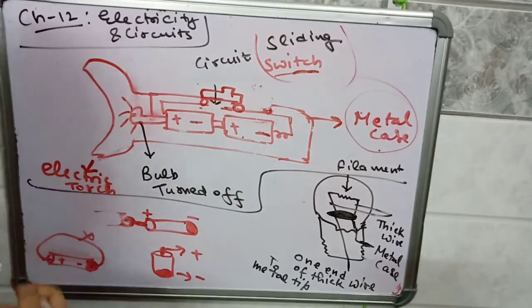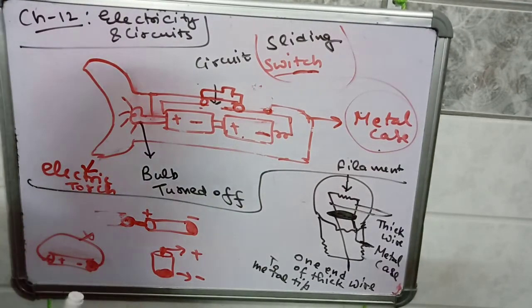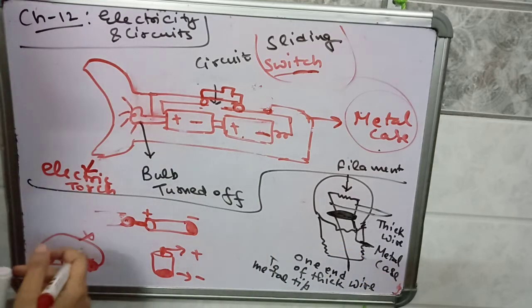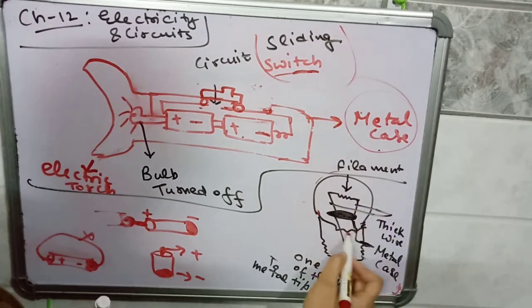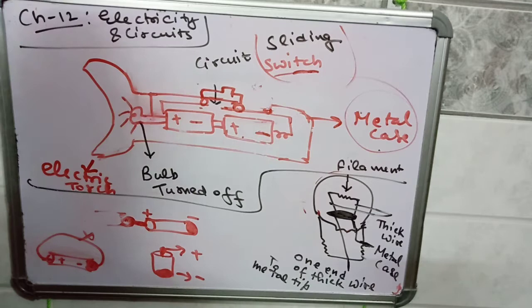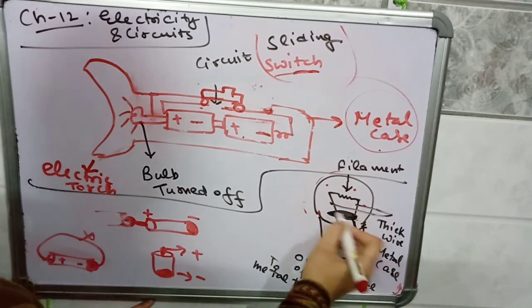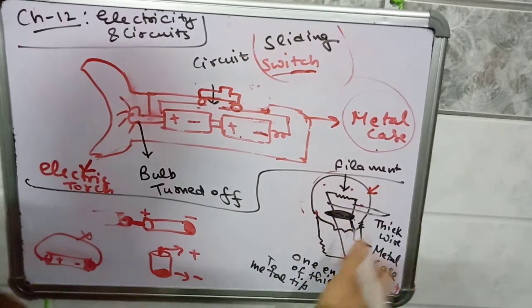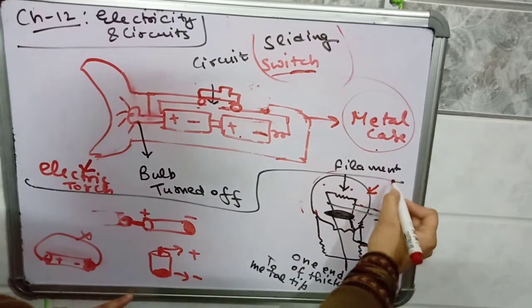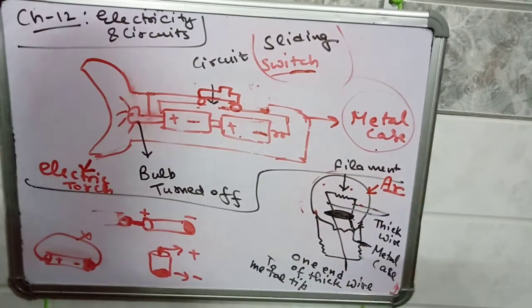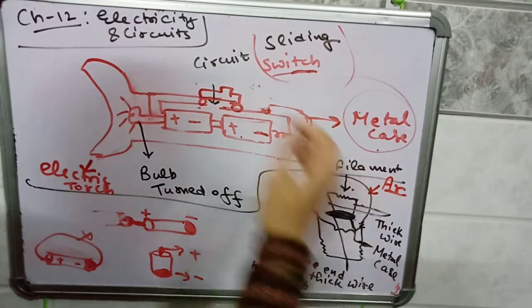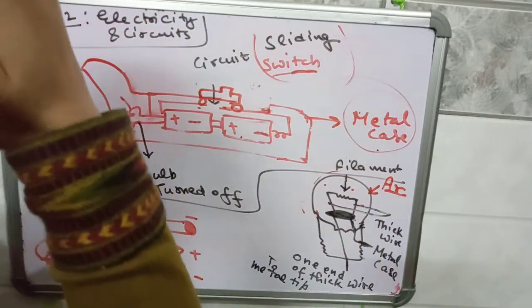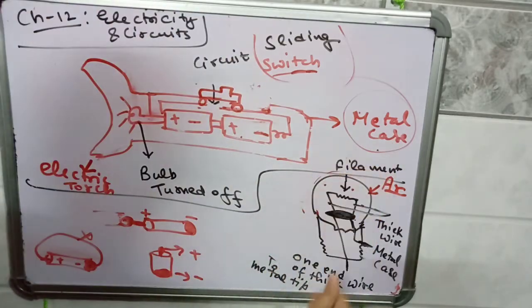Okay, now let us discuss another electrical appliance, which is an electric bulb. So what are the components of an electric bulb? An electric bulb has a metal case like this, and a spherical glass-like structure is present, and in this glass structure an inert, unreactive gas, for example argon and nitrogen, is filled. Here is the filament of the bulb. The filament of the bulb will glow and provide light energy.